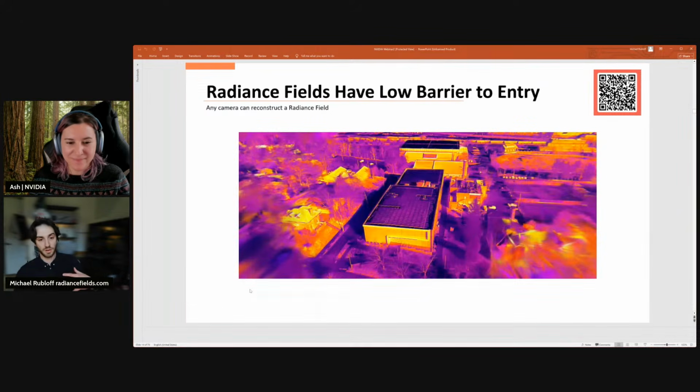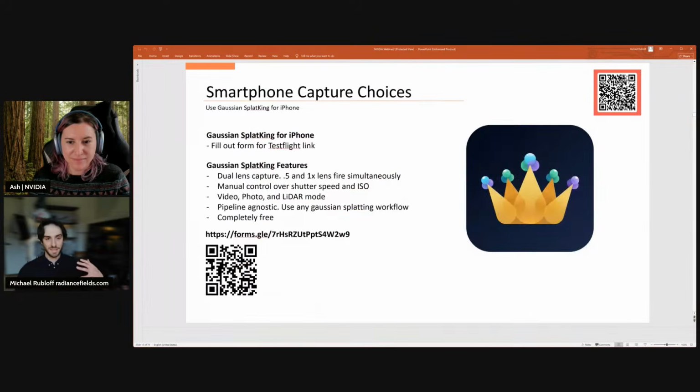And with smartphones, though, there is something that I think could be a little stronger when creating the data necessary for Gaussian splatting, and that is being able to really utilize the phone's full capabilities, where your standard camera app only fires one of your lenses at a time, despite a lot of these devices having multiple lenses. So I've actually gone ahead and created a completely free to use capture app that will fire both the 0.5 and the 1x lens simultaneously, and also give you manual control over the individual shutter speeds and ISO for the two lenses. So the hope is this will create the best data possible for Gaussian splatting,